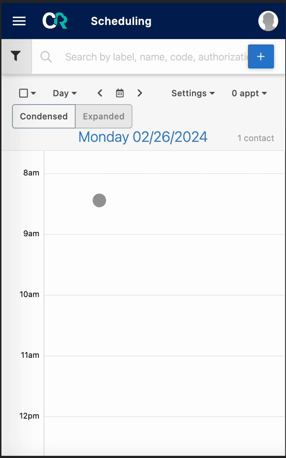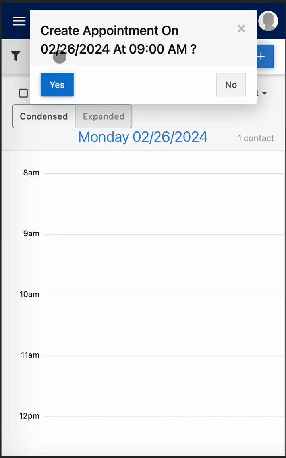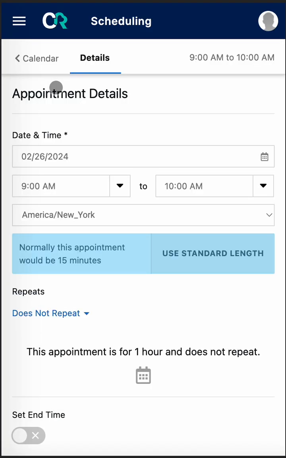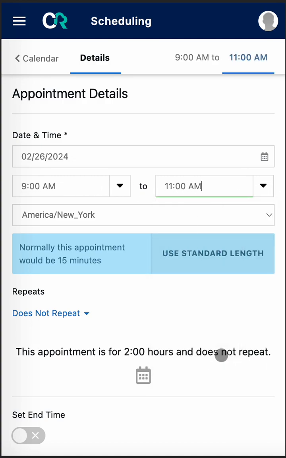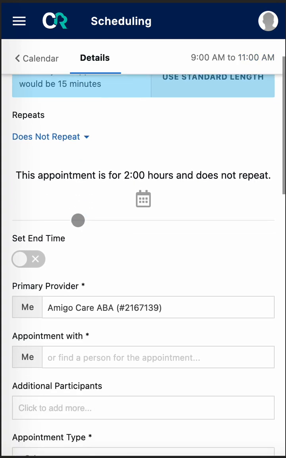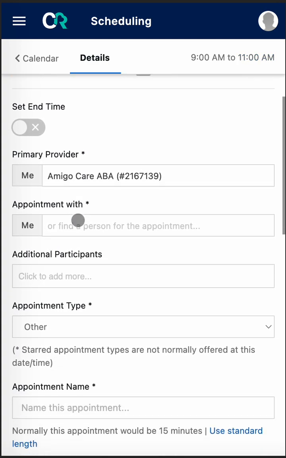So for example, if my shadowing session was Monday, February 26th at 9 a.m., I'm going to find that date on my calendar, click 9 a.m., create an appointment on, I'm going to click yes, and I'm going to make sure my details are right. I'm going to make sure I have the right date, the right time, the time ending of my session. Let's say I do 9 a.m. to 11 a.m. Make sure you have the correct time zone, and continue to scroll down until you find appointment